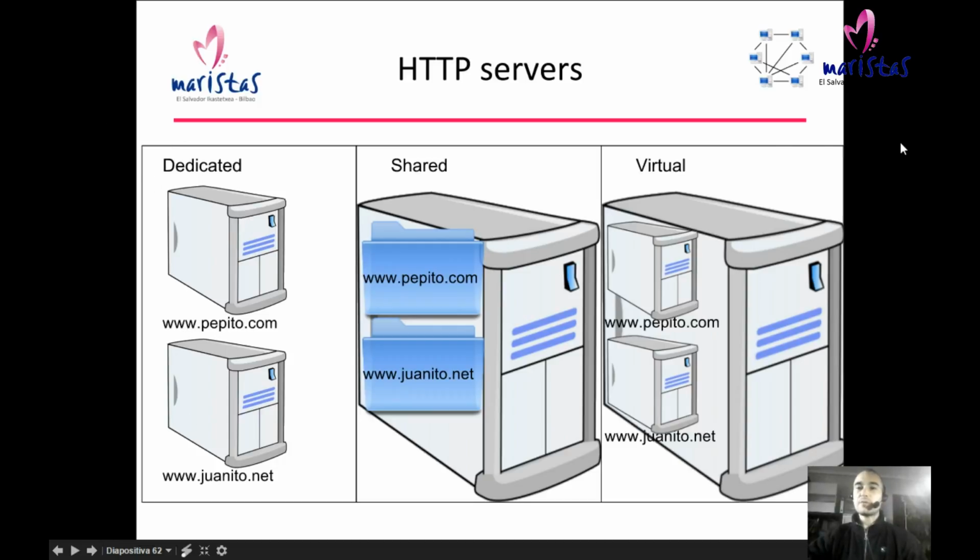The dedicated ones and the virtual ones will need to be managed by someone who has the necessary skills to configure a full server, and the shared ones are going to be configured more easily. So if you don't have the technical skills to configure these ones, this is an appropriate option, right? But if you need to configure